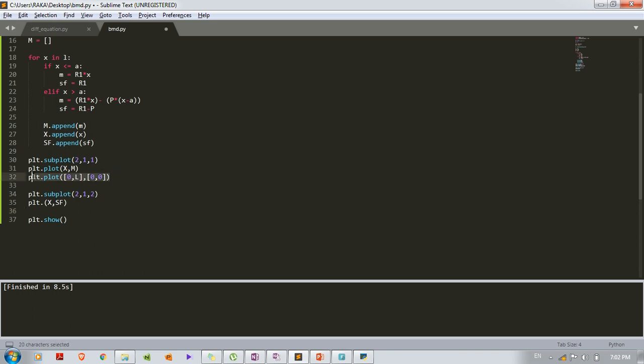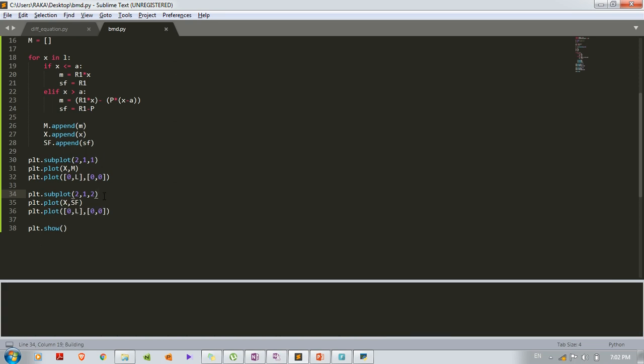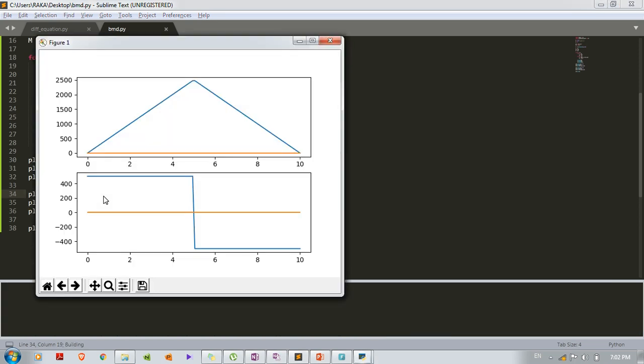So I will copy this line here. Again we'll run it. We forgot to write plot, so again we'll run it. So yes, we have created BMD as well as SFD.